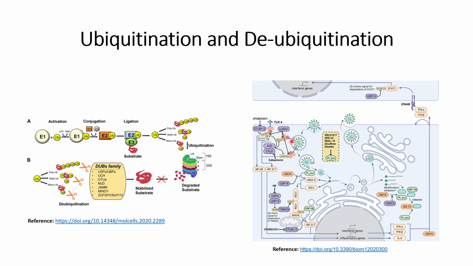We can see that the purple box removes the envelope layer of the virus, and after that the genetic material gets translated. However, some part of the genetic material can interact with the de-ubiquitination substrate, and then